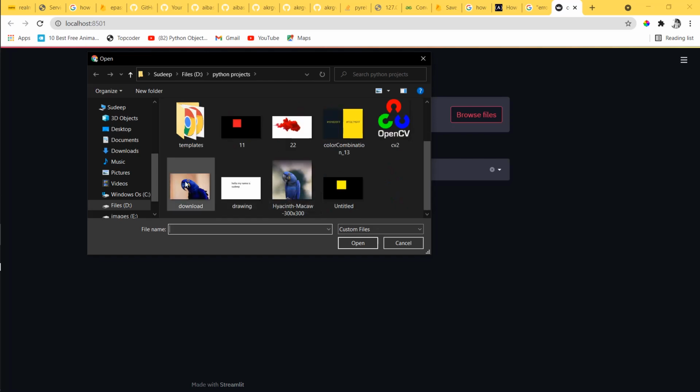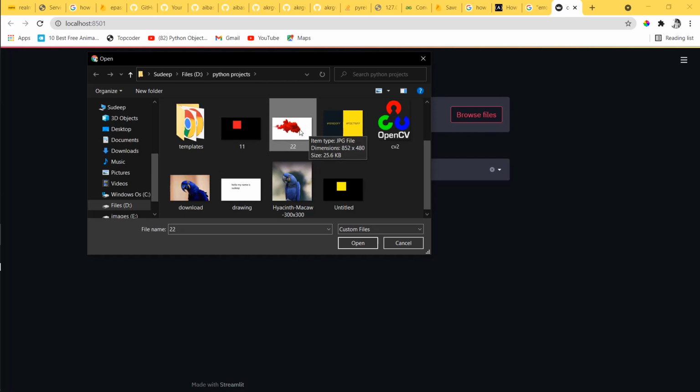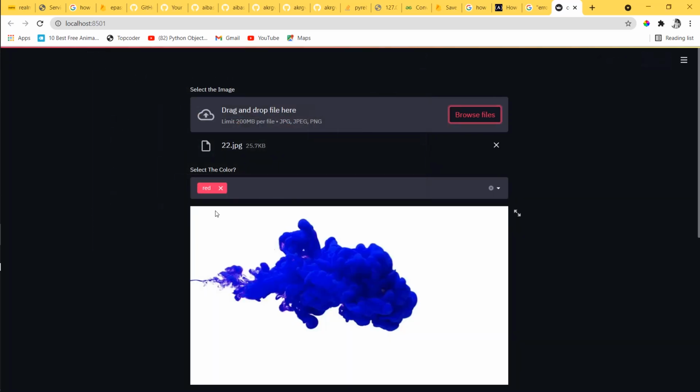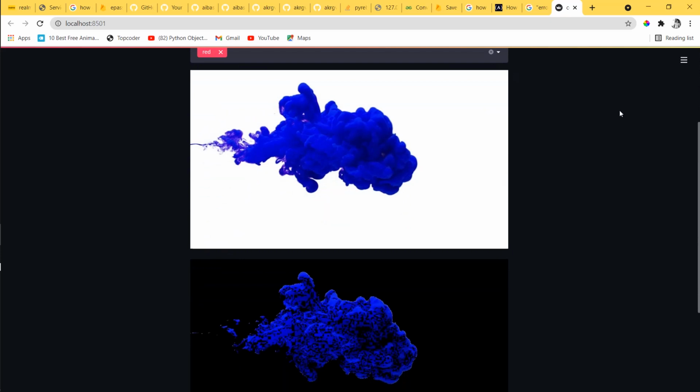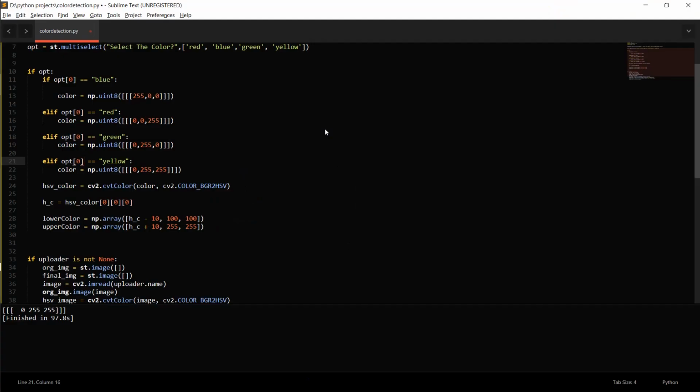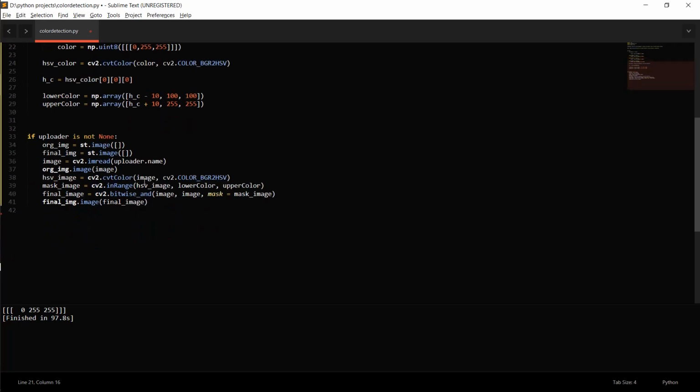So this is also opening perfectly, and if you select any image, so I am selecting this red color smoke image, and if you click on open, then a weird thing is happening here. It is actually the red color, but it is showing the blue color here. So why? Because